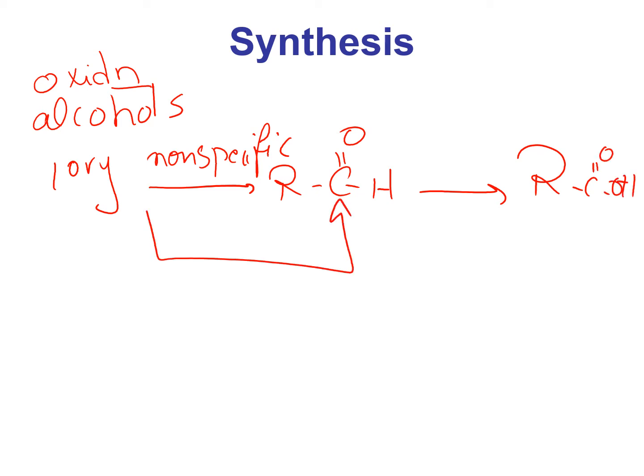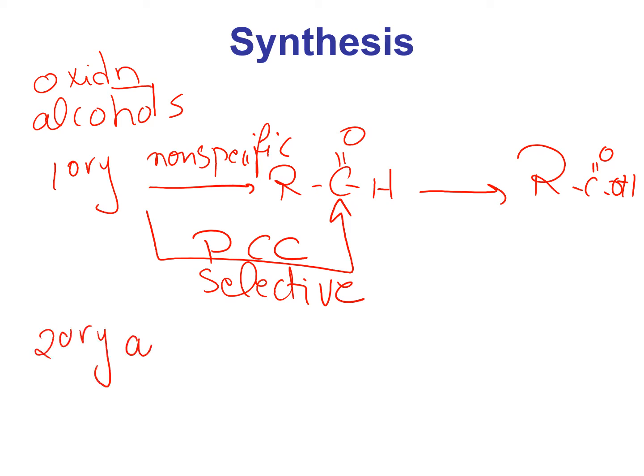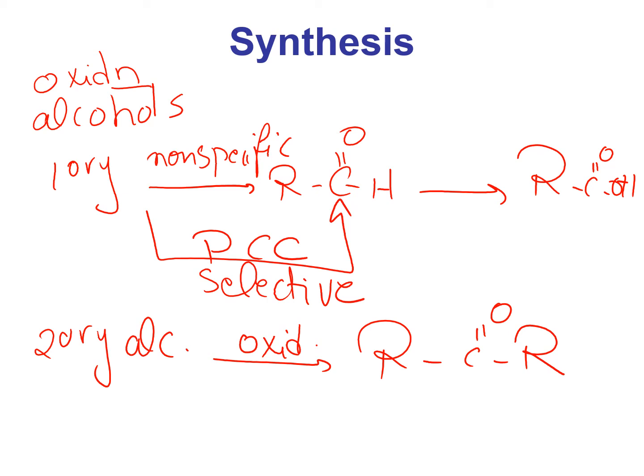However, if we use something like PCC, it's a selective oxidizing agent, it will stop at the aldehyde. In case of secondary alcohols, if you oxidize them, even if you use a non-selective oxidizing agent, you will end up with the ketone and you will not proceed further than that. However, we still have a selective oxidizing agent, which is the Oppenauer oxidation, where you take the secondary alcohol